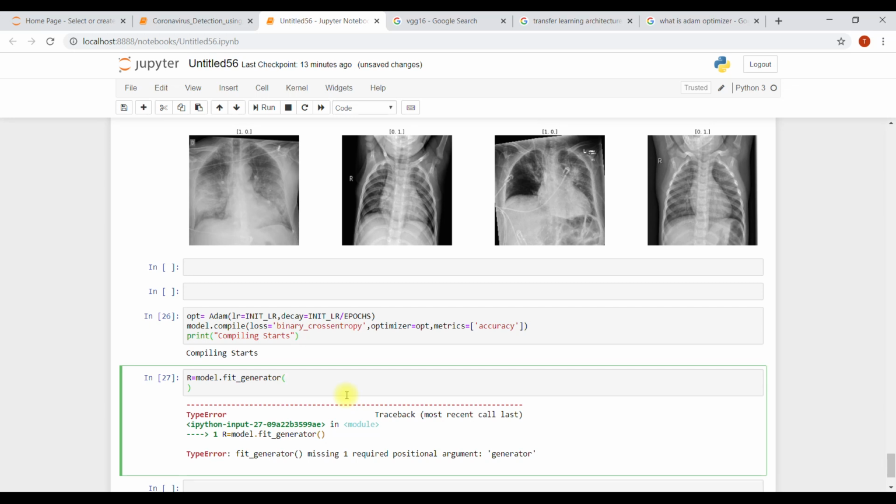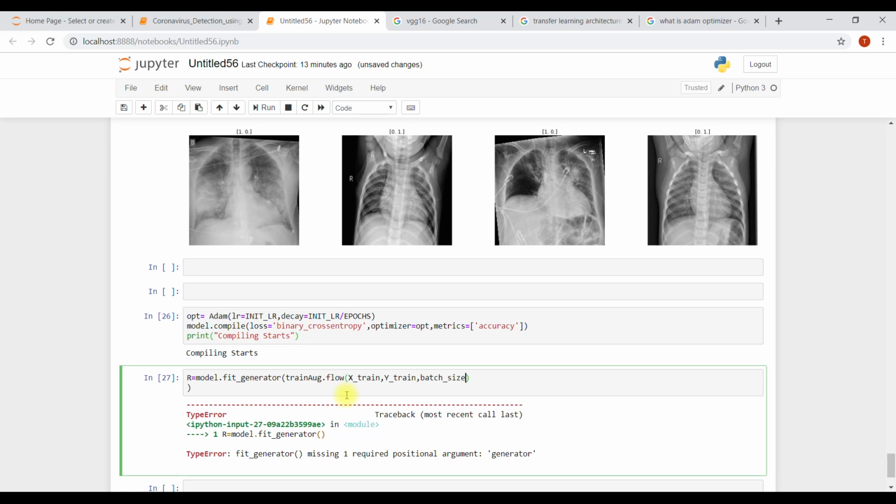What is our training data? X train and Y train. Just write with me and I'm going to explain. We have this as the training data, X train and Y train.